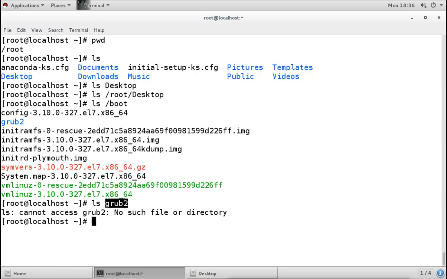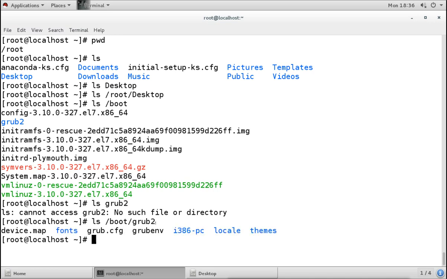Grub2 is under /boot. So if I want to do something on this directory, then I have to do it like this: ls, first slash, then under slash there is a boot directory, and under the boot directory we have a grub directory, and now it is working. So this is what absolute path is.